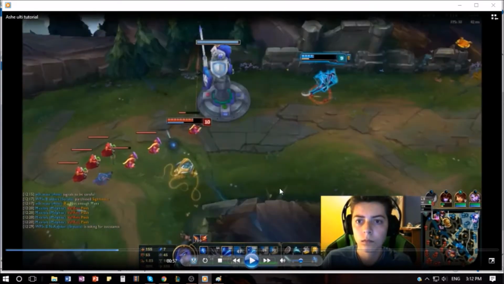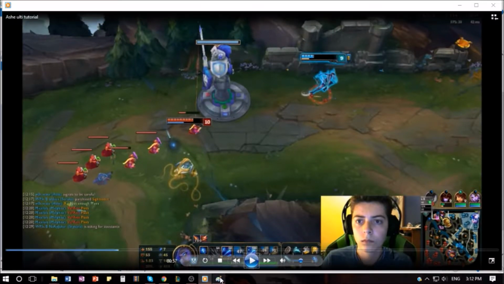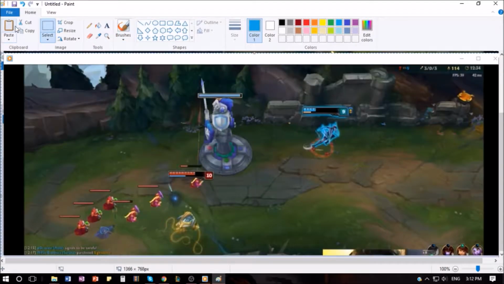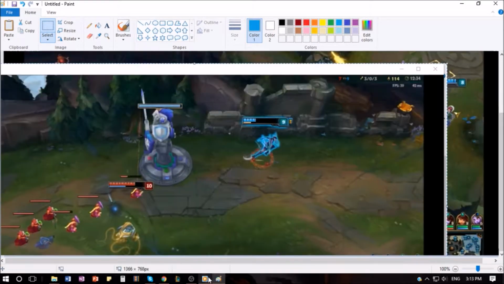So in this situation here, it's really important to predict what your enemy actually wants to do and where they want to move in the lane. So it's pretty obvious that Vel'Koz is looking to dive this Shyvana. So if we let it play out,